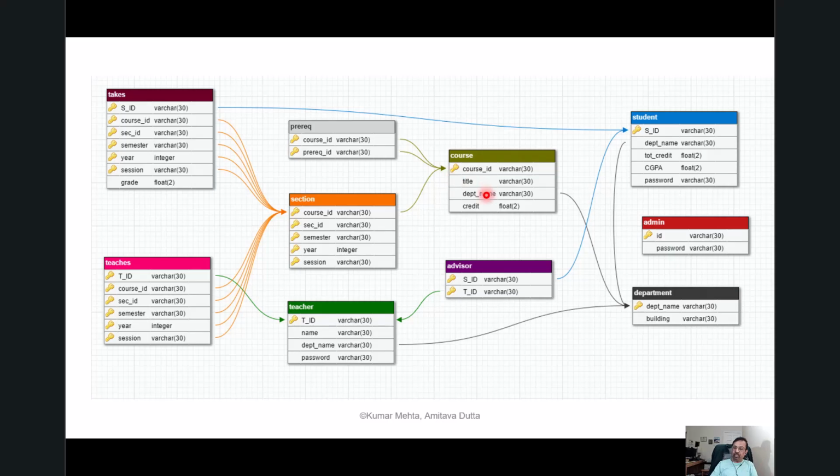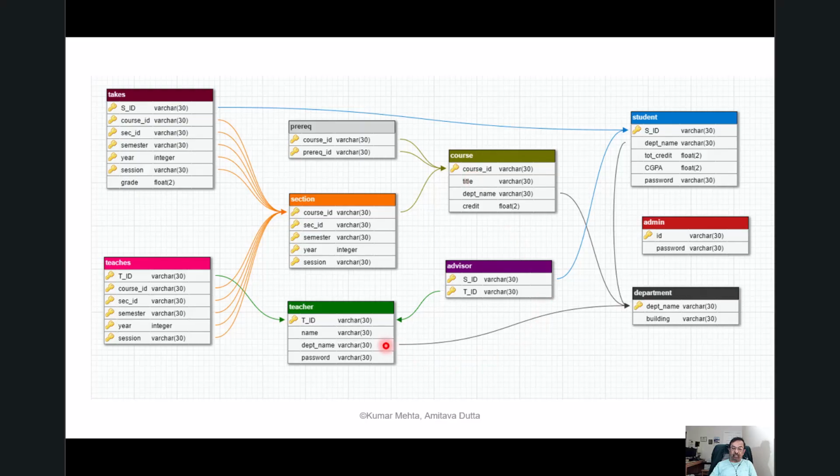So another thing that the data definition language should be able to do is let me tell the software that this table called course has a primary key called course ID. And of course, we know that the primary key cannot be null. So another thing that the data definition language should be able to do,